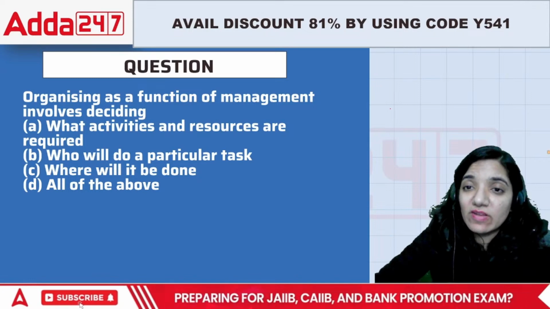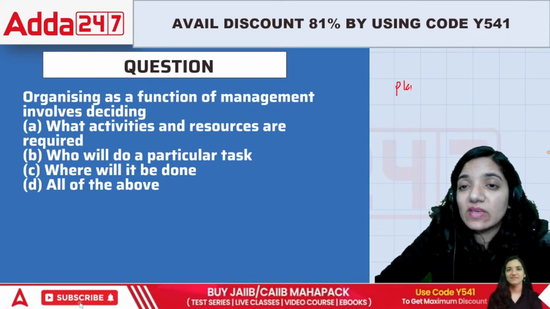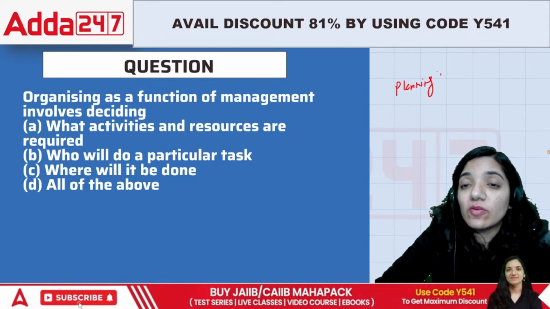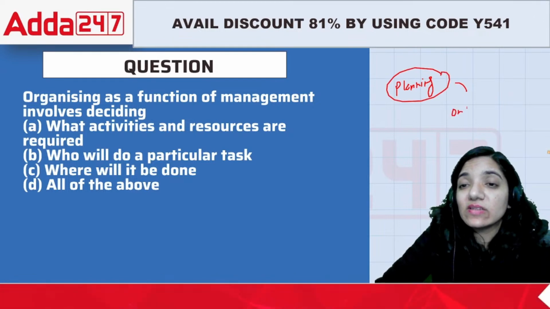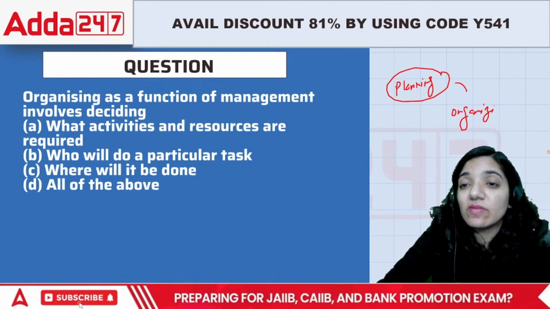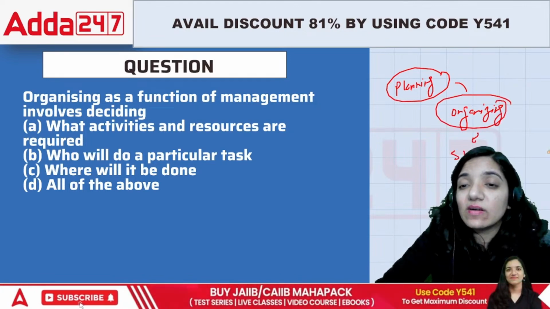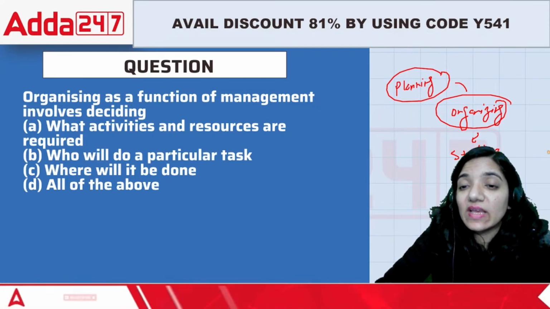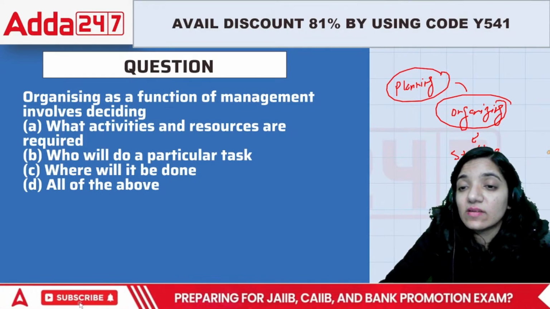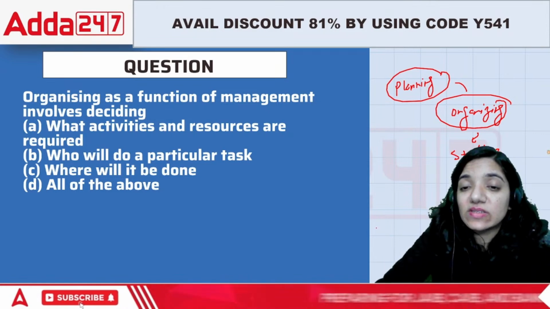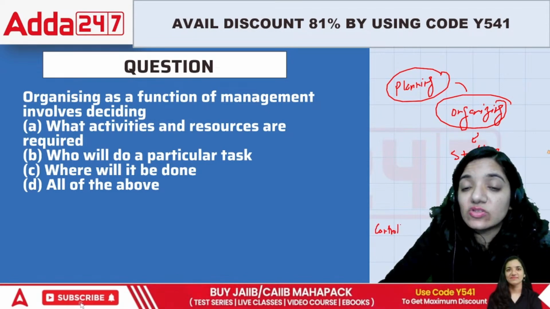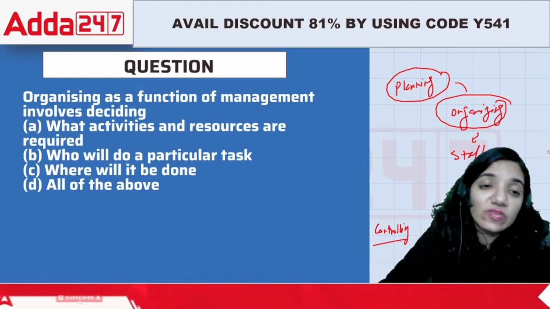See, the first level is planning. Planning is making a decision that this is what I want. From planning, we move towards organizing. That means we need to arrange whatever we would like to achieve. Then we move towards putting people to work, that is staffing. And the next is directing. And then the last one is controlling. So these are the various functions of management.